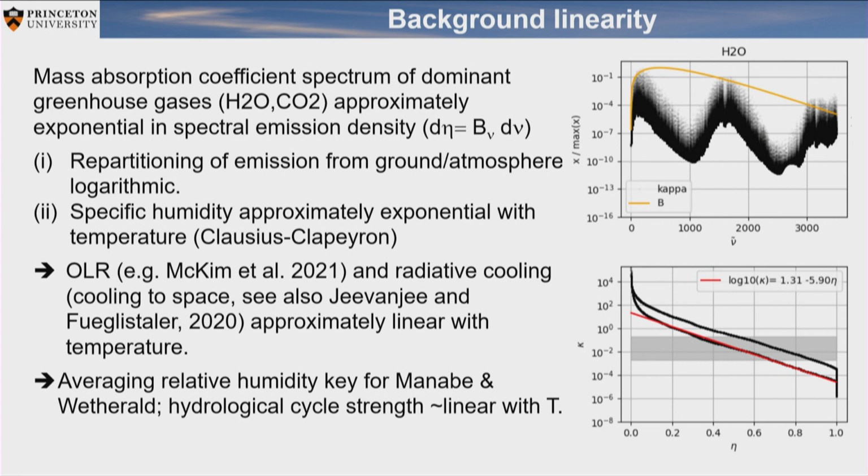A lot of things hinge in the end on the spectral properties of the water vapor molecule and other greenhouse molecules, CO2 is the same, whereby the mass absorption spectrum looks something like this if you plot it against wave number, for example. The orange line here is the Planck spectrum. If you look at where you actually have power and you weight the mass absorption coefficient with the power that you have there, that gives you how relevant a given mass absorption coefficient is. It looks something like this.